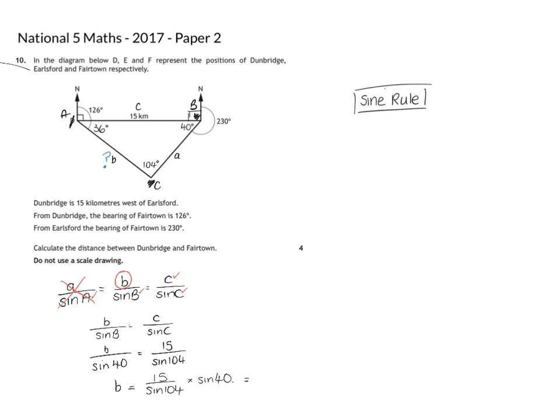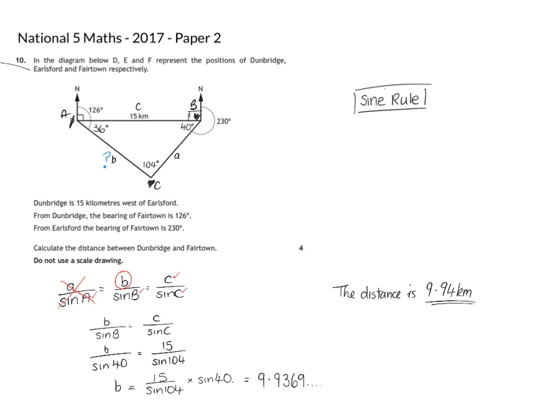Again, I would go down, but I've run out of space. So we get 15 over sine 104, making sure we're going outside of our brackets, so then do times by sine 40. We can also put the sine 40 on the top of the bracket if we wish, which gives us an answer of 9.9369 and some more. So I'm just going to write a sentence. So the distance is 9.94 kilometers